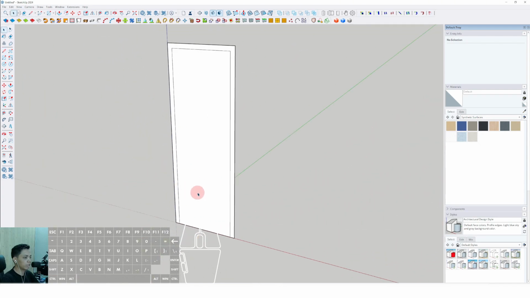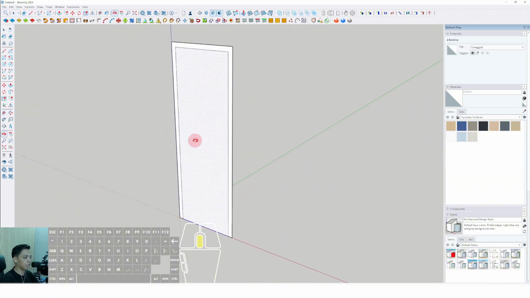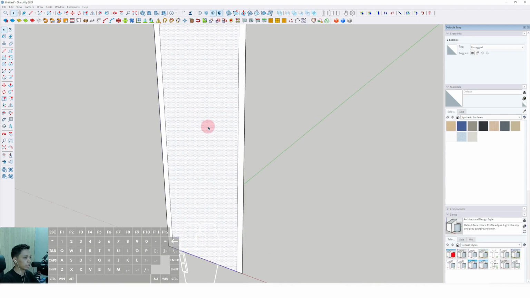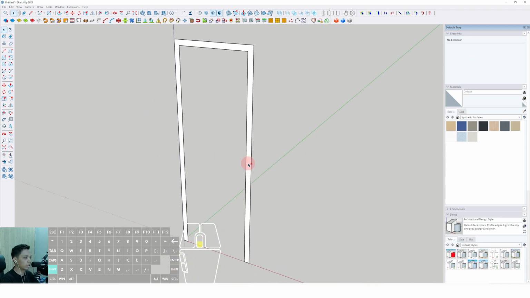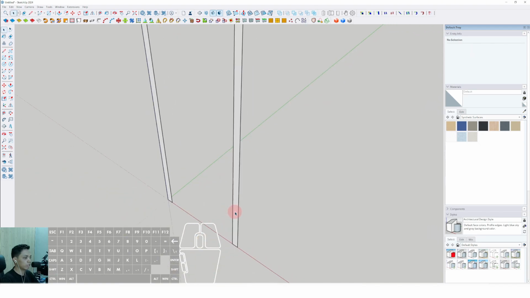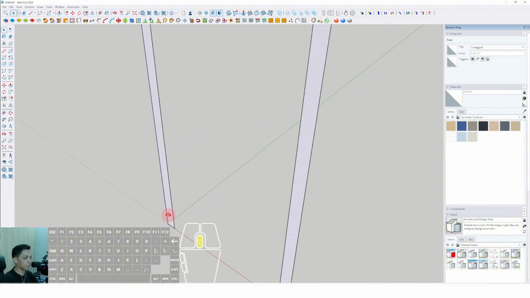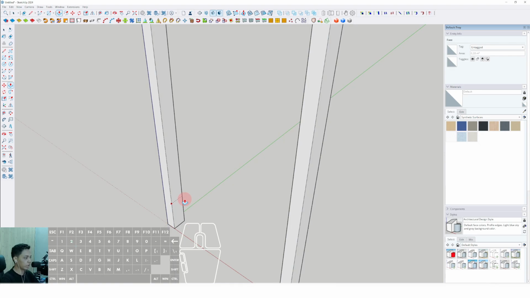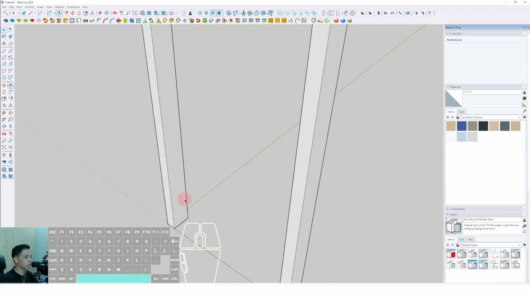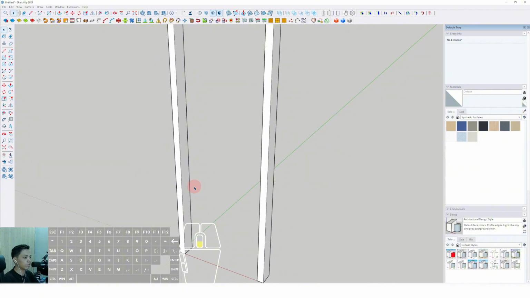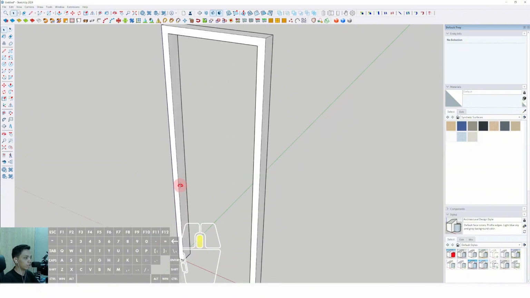Then now we can select from this position, we can select this plane and line at once, then we can right click and erase. Then we just get this plane, this frame plane. Now we can push it to the back around 120 millimeters for the door depth. Okay, well, now we can make it all